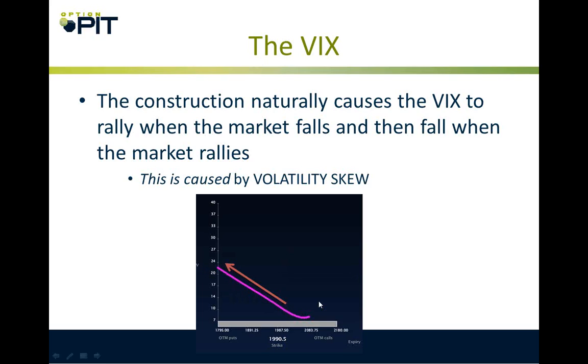And then people say, well, I don't want to have to just buy these puts because it's going to kill my return. So they sell calls to try and finance it. So that creates selling pressure on calls, which causes calls to fall. So you've got demand pressure pushing up puts and selling pressure pushing down calls. That creates skew. That causes volatility of calls to be lower than volatility of puts, which makes puts more expensive than calls.